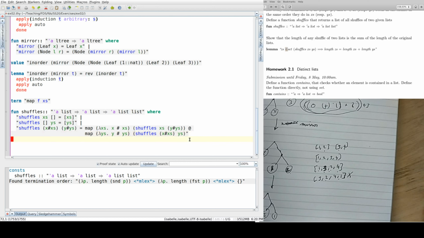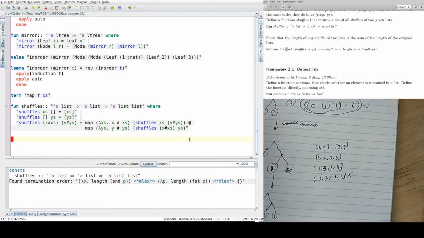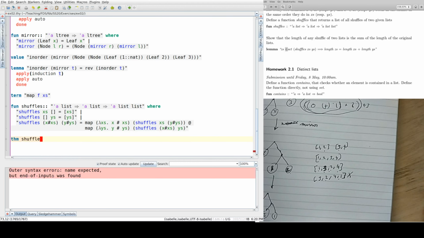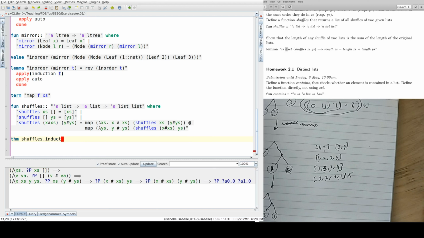This function is not a primitive recursive function, as in its recursion doesn't exactly follow the patterns of any of the data types of lists or any other data type. It will have its own induction principle. So what we should use is the induction principle that comes with this function, and that induction principle is induct. Here that induction principle, as you can see, follows exactly the structure of the function,